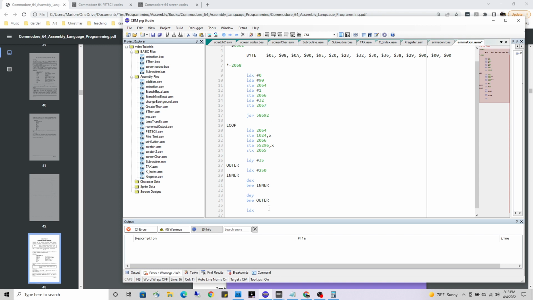Is that correct? LDX 2065. I see what I did here. This should be, yeah, 2065. That's where I stored it. Right before going into our timing loop, we stuck that X in memory. So this value we're going to retrieve now